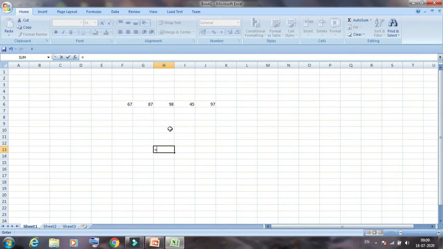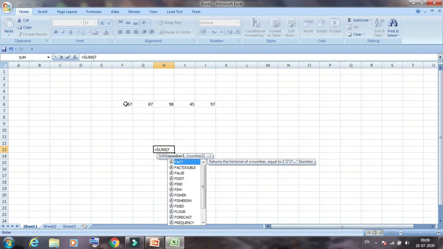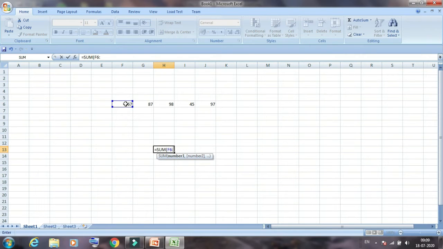So equal sign, then sum, then bracket, then the starting cell address F6, then colon, then the last cell address J6, then close the bracket and press enter.